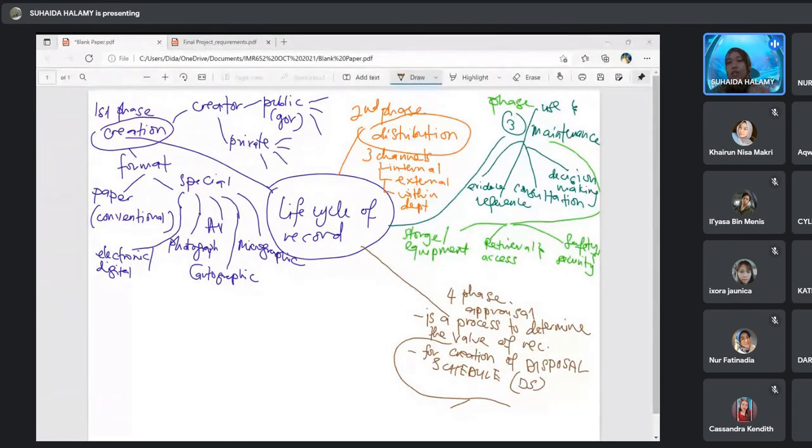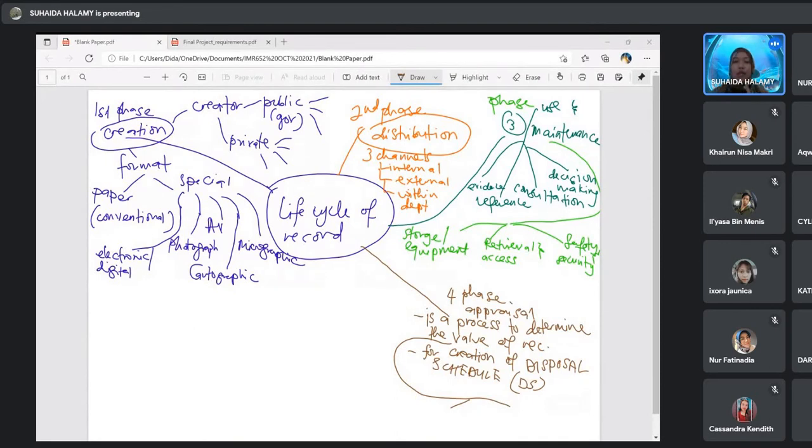So in organization, most of the creator, diorang memang create record. Maksudnya apa? Ada value. Maksudnya dia create record value. So document is not necessarily they have value. Itu yang you kena ingat when we talk about record and document. Document bila dia ada value, dia jadi record. Sebab kita nak cakap pasal value sekarang.